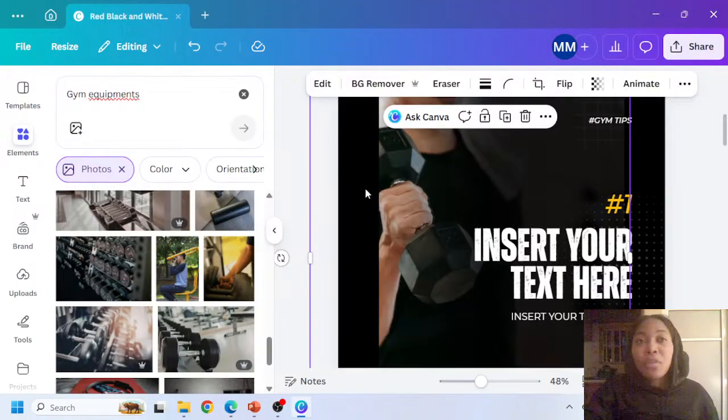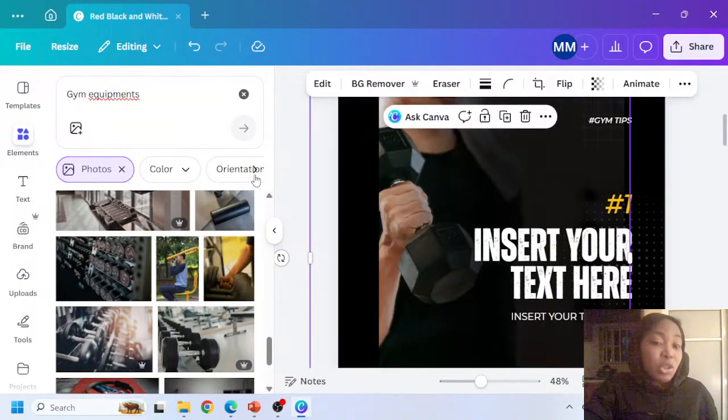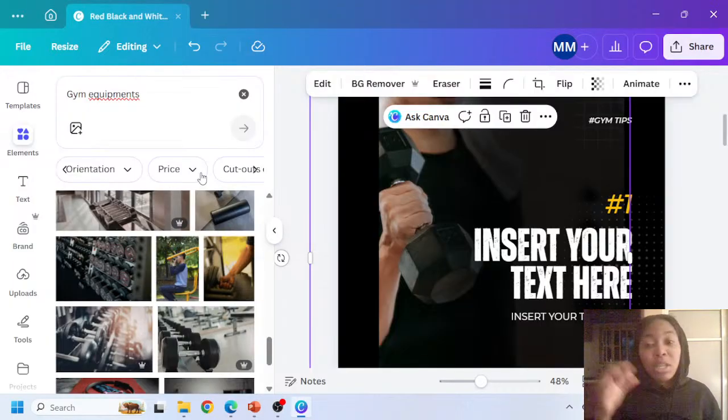Although most of the nice elements and templates usually have some sort of paid element to them. So when you see this crown, it's a premium element. So it totally depends on you though. But in that case, it's not necessarily more of your problem, I don't know how to say that, but if you want to be considerate, you may want to sort